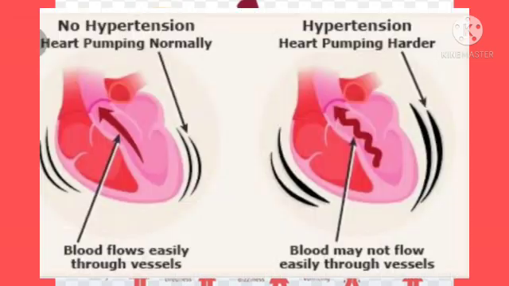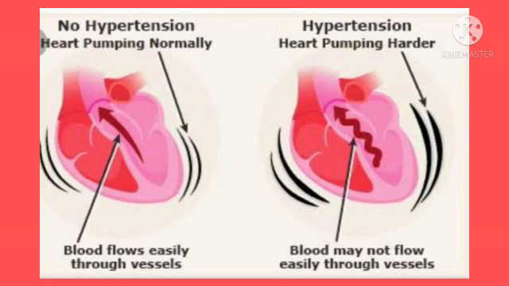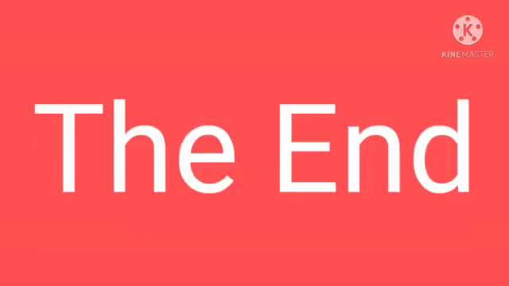Hypertension is high blood pressure due to constriction of arterioles. There is difficulty in the flow of blood, called high blood pressure or hypertension, which increases the risk of heart disease, kidney disease, diabetes. Blood pressure above 140/90 regularly is regarded as hypertension. That completes. Thank you.